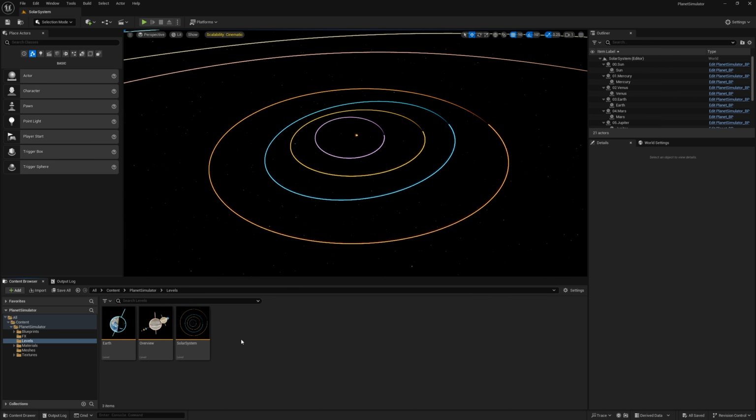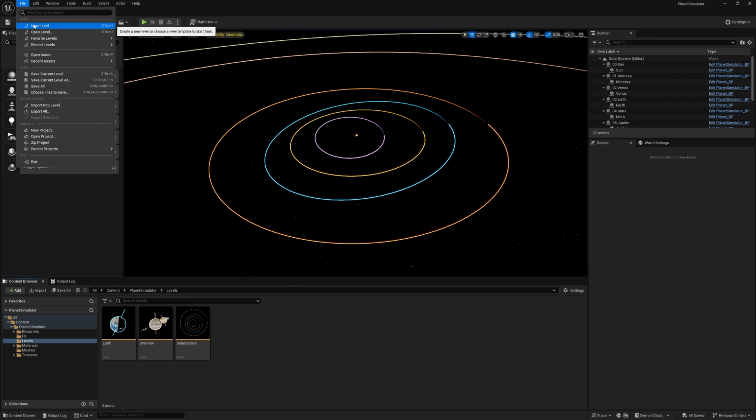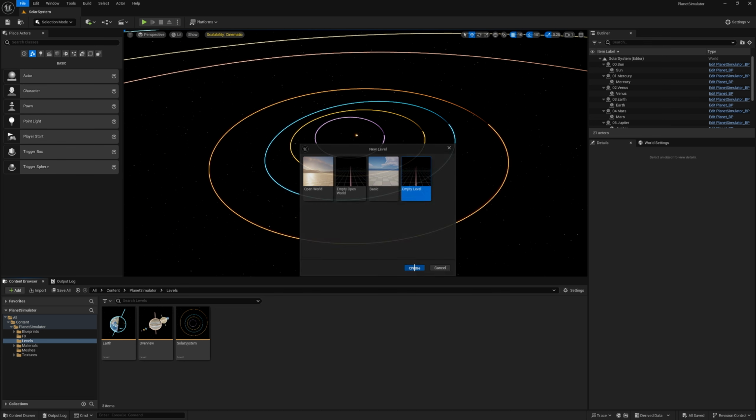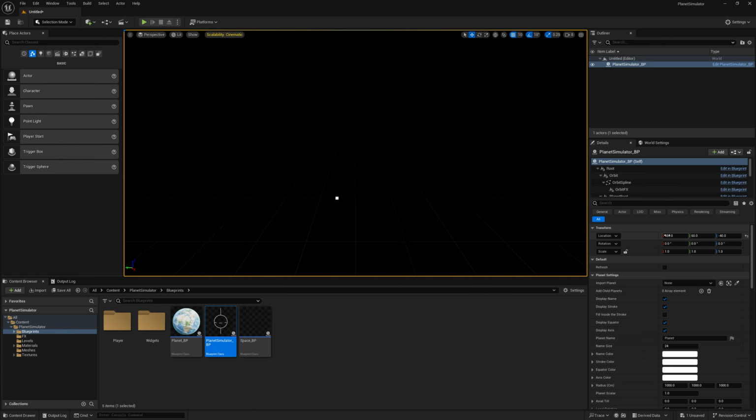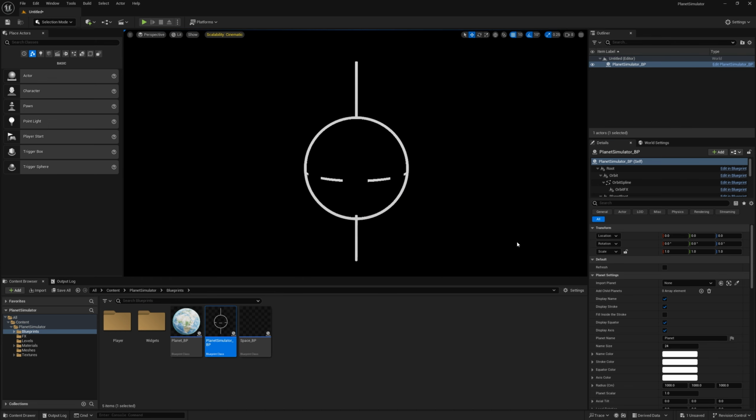After this initial introduction, we can now start creating something. Let's first create a new empty level. Add a Planet Simulator blueprint to the scene and set its location values to 0. Import Planet allows you to import a planet into the simulator in the scene. Add Child Planets allows you to select other planets that will orbit this planet.